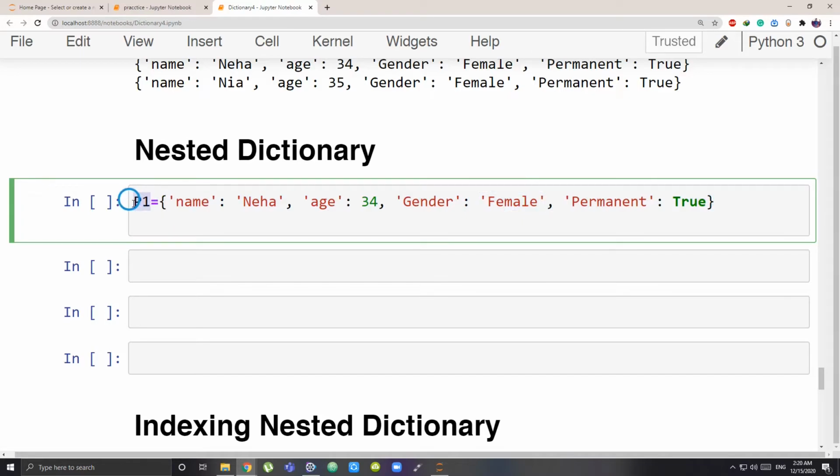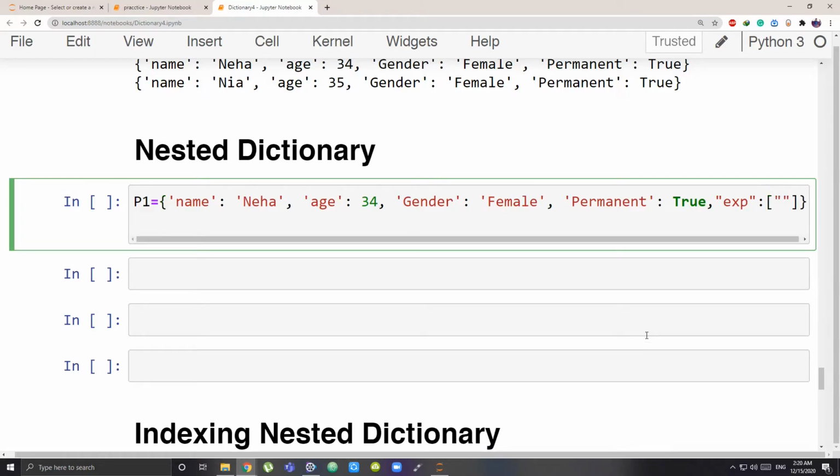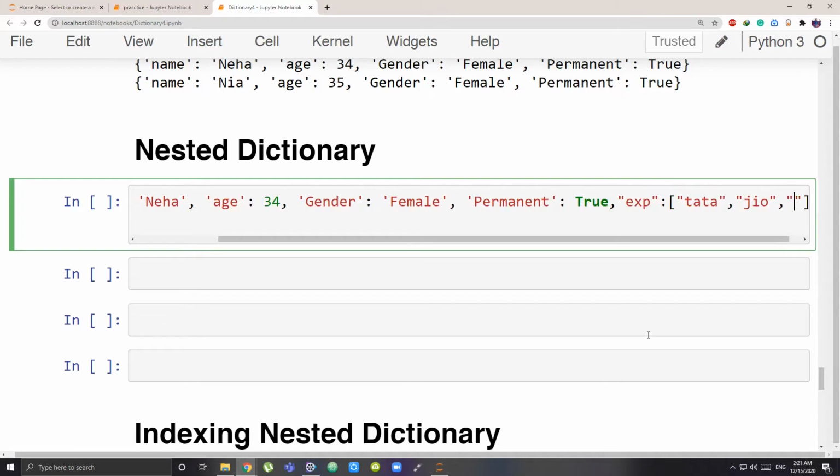Let me name it P1. It's person one. I want to add the experience of my employee. So this is the key that I'm giving, employee experience. I know it's going to be a dictionary, but let me first show you with a list and then I will change it to a dictionary. The person has worked in the company Tata, then in the company Jio, and in the company Amazon.